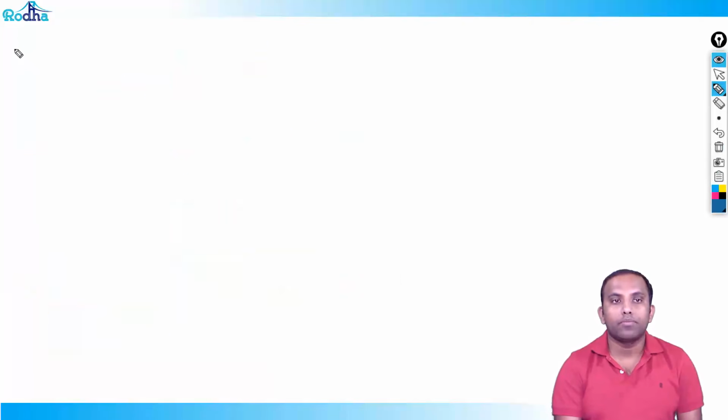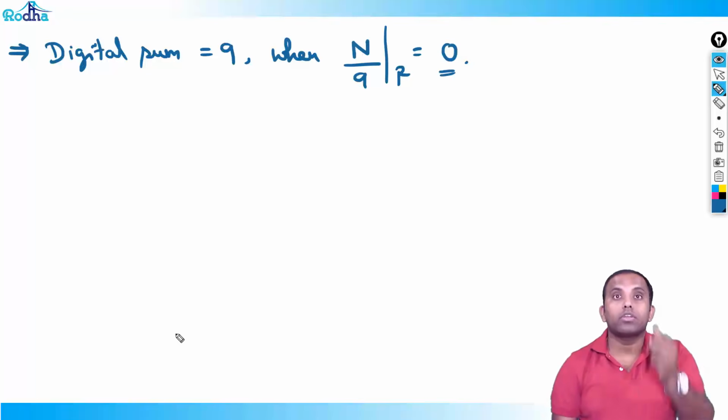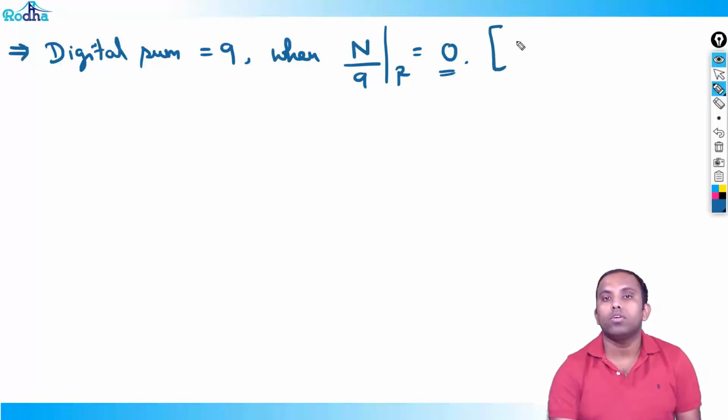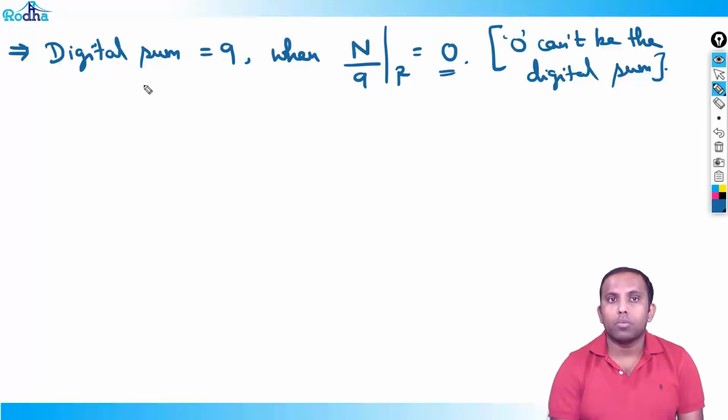Now one important point: digital sum will be equal to 9 when the remainder of number by 9 comes to be 0, right? 0 can't be the digital sum. So if any number by 9 has remainder 0, then digital sum is 9. Because see, suppose this is the number,